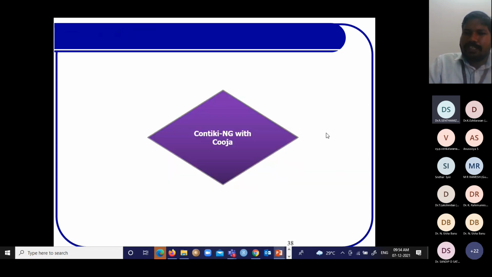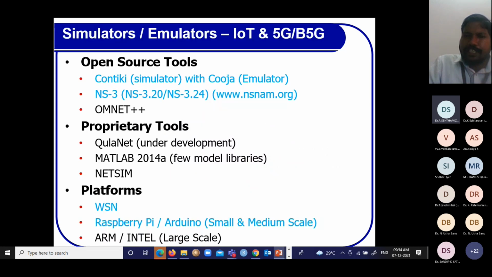I'll just take 5 minutes quickly to end. So far, I've been talking about how, when you develop IoT applications, it is not only the software side; you should work equally on the hardware as well. So it is time for you to develop component-wise. What we need to do is develop a program and deploy it into the hardware